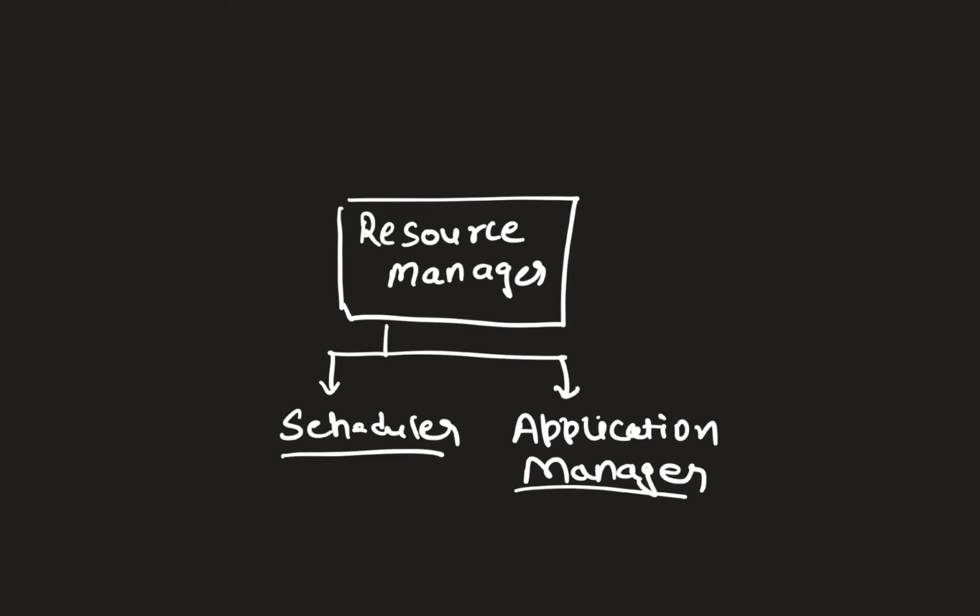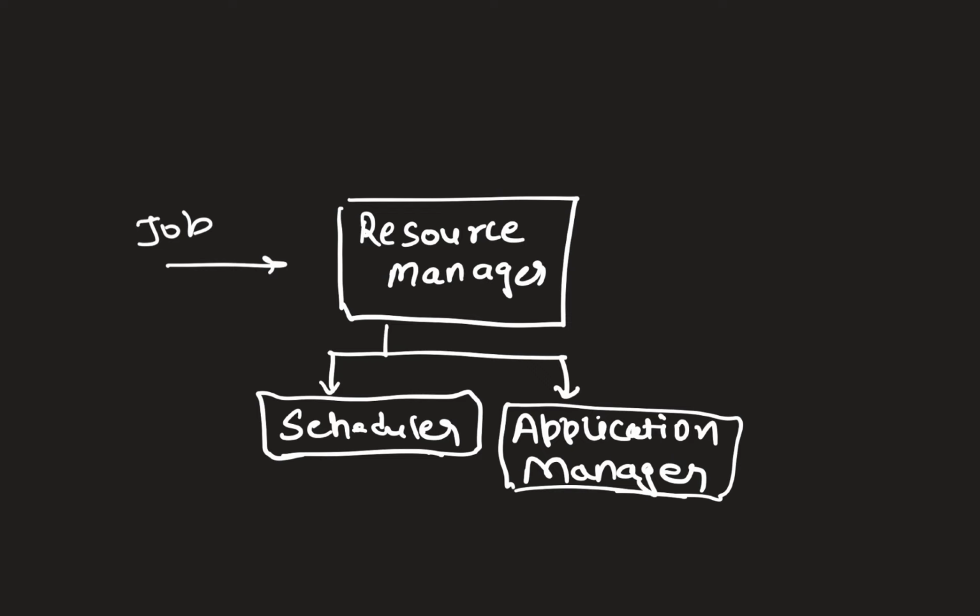And application manager, so whenever you submit the job, basically you submit that job to an application manager. So basically it manages what all jobs have been submitted to resource manager and what all jobs it has to process from the scheduling perspective, from the resource management perspective. So resource manager also has been bifurcated in two different components in terms of responsibilities. Application manager just manages what all jobs have been submitted by the client, and after seeing that okay, particular job has been submitted,